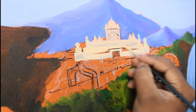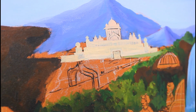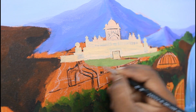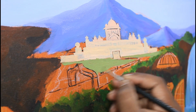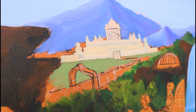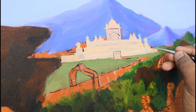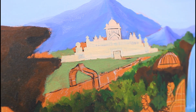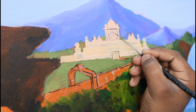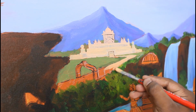Just go on with your ideas, then your painting will be good. The same thing in the greeneries in the background also. Adding a flattened color of pale green. Because of the atmospheric perspective, your colors will be a little lighter in the background. Adding a little more pale colors in the background areas to give a certain kind of beauty in the painting